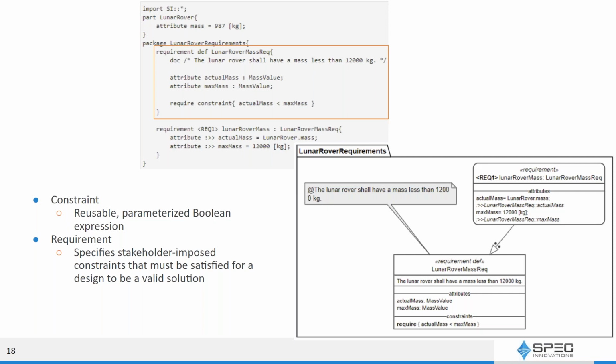That is appended as an annotation to the entity. Below that, we have an attribute called actual mass that's typed by a mass value, as well as an attribute called max mass, which is typed by a mass as well as by a mass value. Then we require the constraint that the actual mass be less than the max mass.